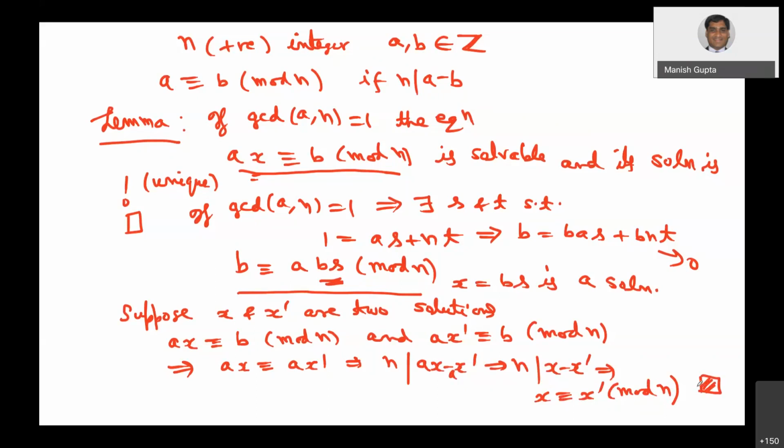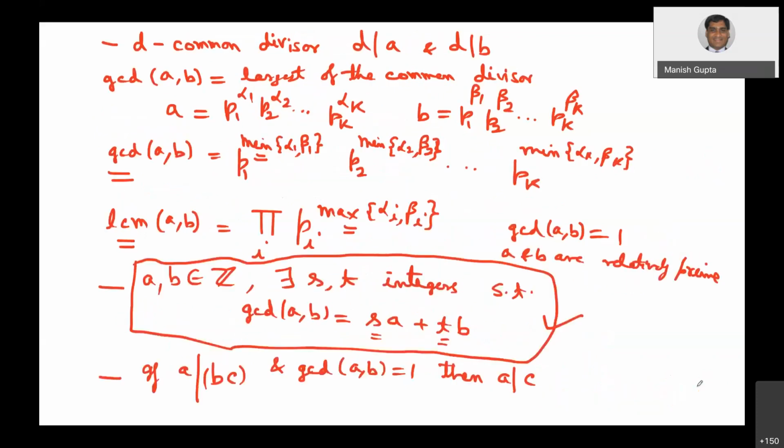Now using this small lemma, I am going to prove one important result which I mentioned in the last class: integers modulo n is a field if and only if n is a prime number. I'm going to use this result there. So let us write down the result. Integers modulo n is a field if and only if n is a prime number.